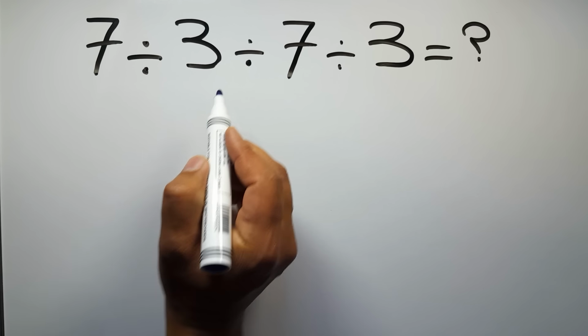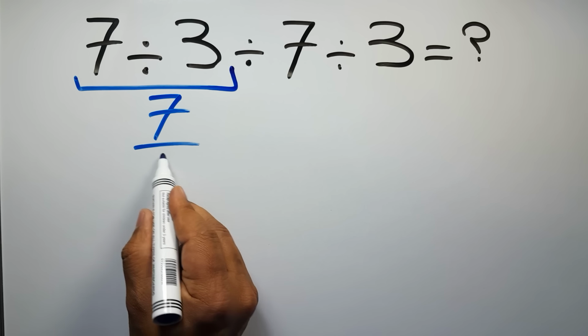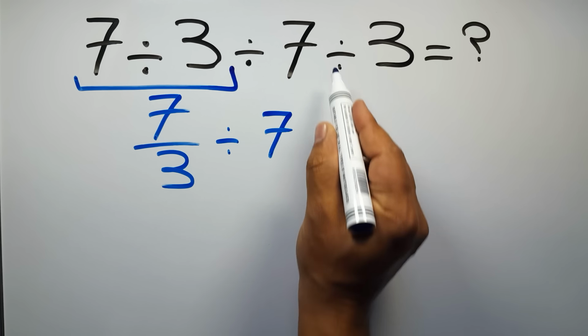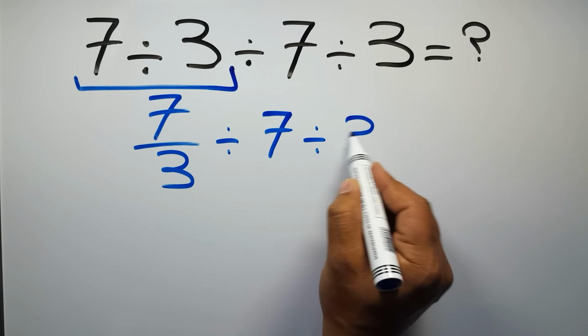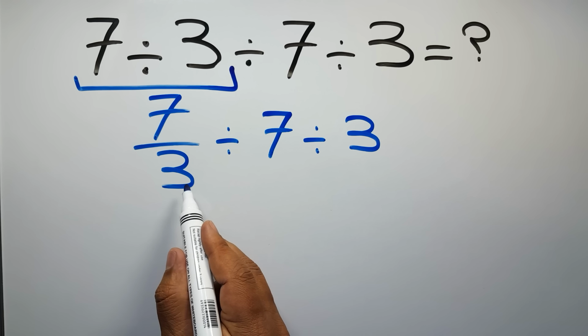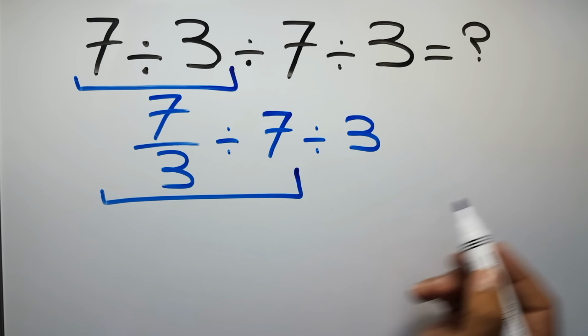7 divided by 3 can be written as 7 over 3. Then divided by 7 and again divided by 3. Now we have to do this division: 7 over 3 divided by 7. According to the KCF rule,